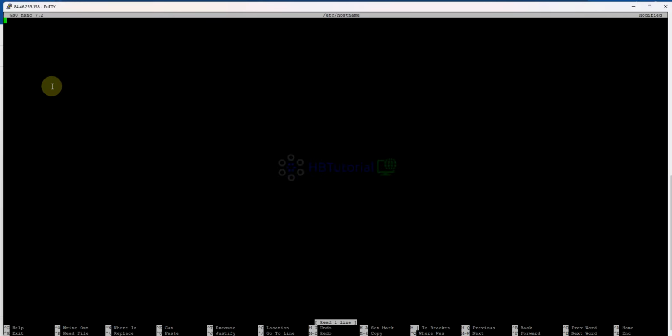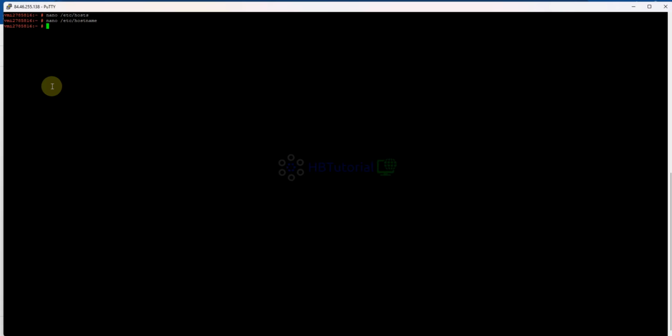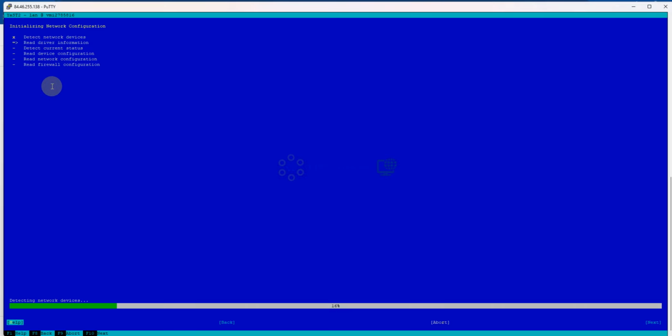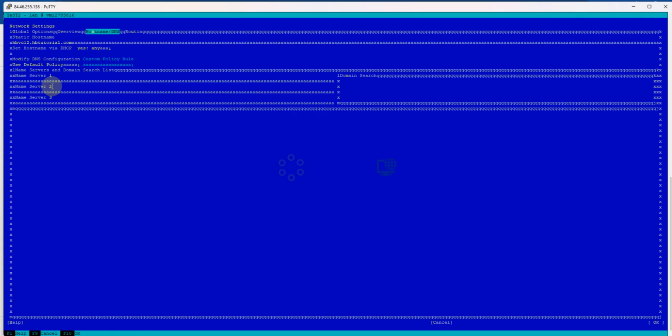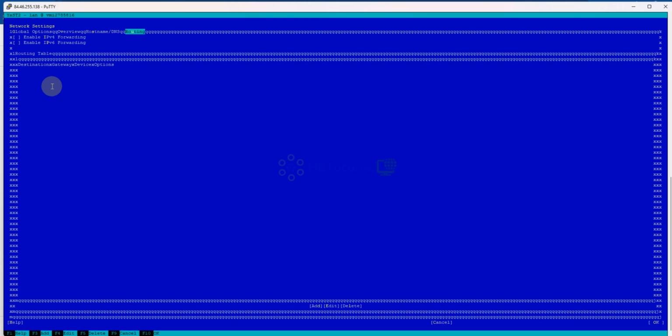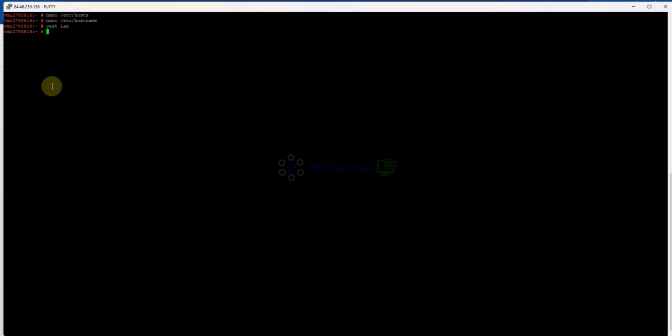Okay, so I replace this one with HB12. Actually, you can also use YaST for this. If you want to modify the host or something, you can use YaST. But for me, I just modified directly because I'm comfortable with that. So I just cancel this one, function F9.